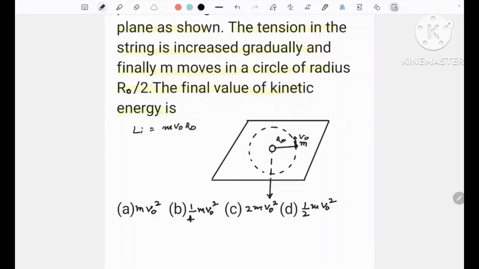Now the string is pulled and the radius is reduced to r dot by 2. This r1 is equal to r dot by 2. The position vector r, this r is like this, and tension in the string is